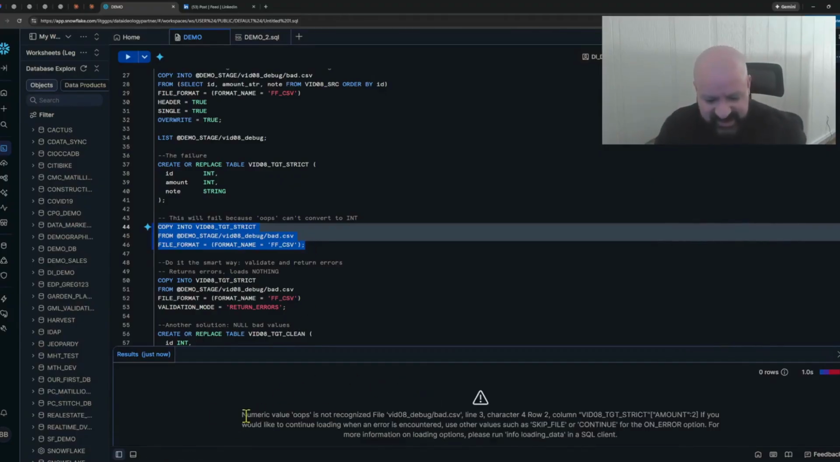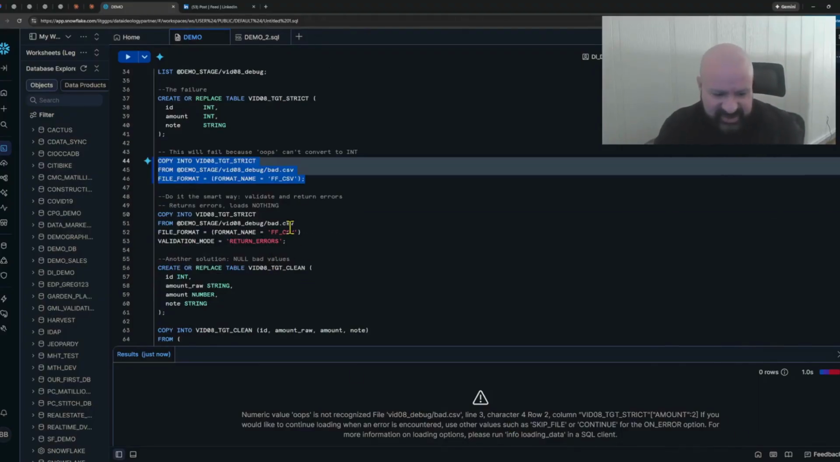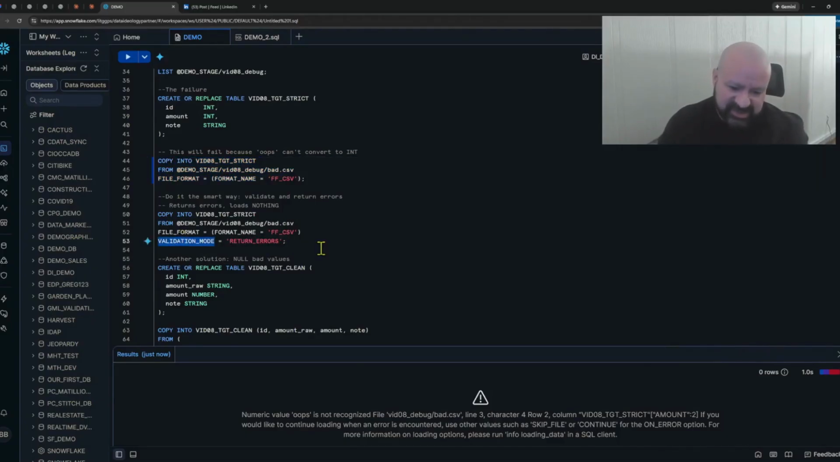You'll see that it says numeric value oops is not recognized, what file it's in, line, character, row, and stuff. But it's kind of bunched up here, right? So really the smarter way to do that still is to use validation mode return errors. So what this does is it doesn't load the file. It just checks if it can load the file and then returns errors to you, which is super useful. So we'll run this guy